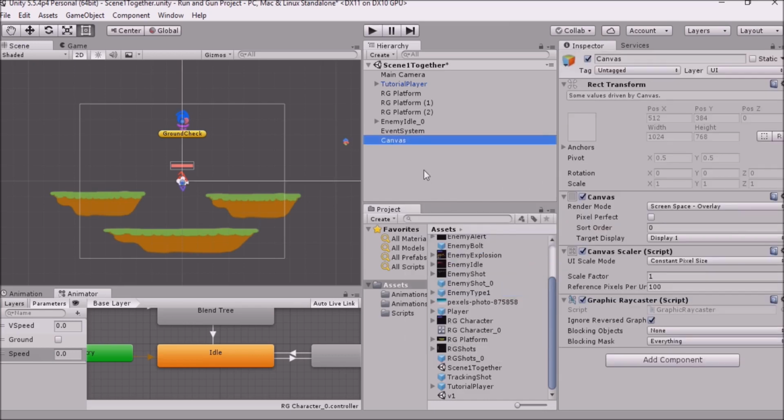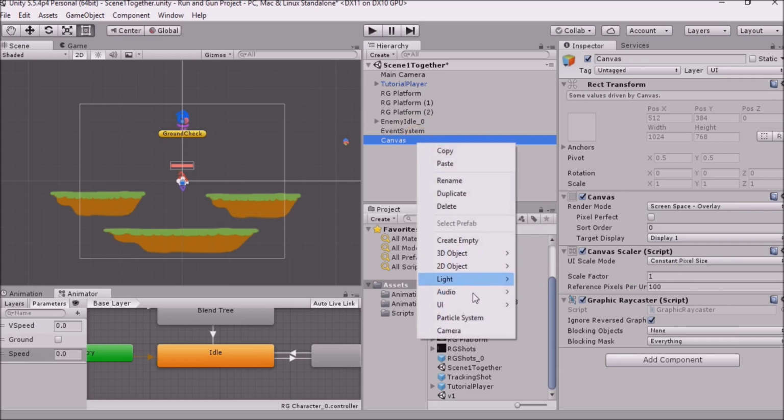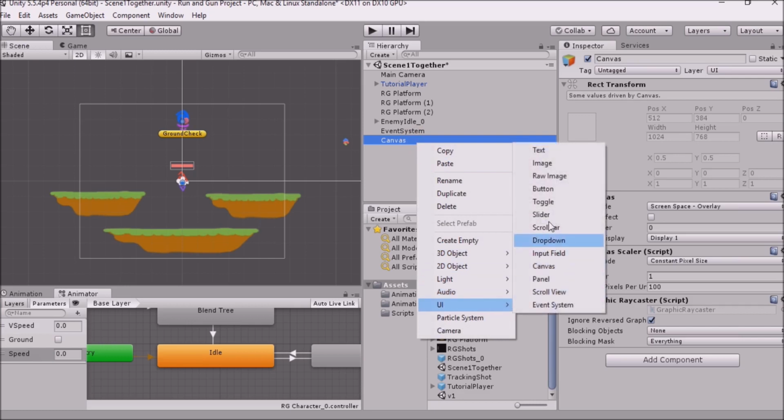So I right clicked to get to all of that. We're going to leave the render mode, the reference pixels per unit is still the same as it was before, so that'll be good for us just because it will keep everything consistent, so we have consistent UI components. Then we're gonna right click again, UI and slider,